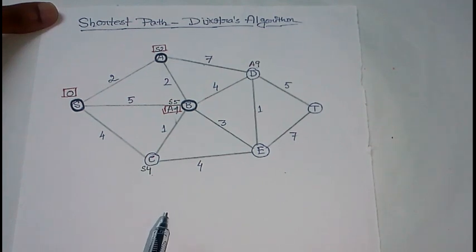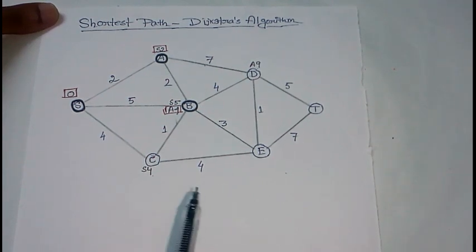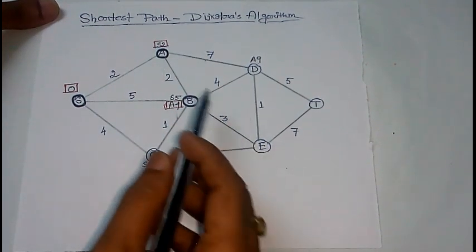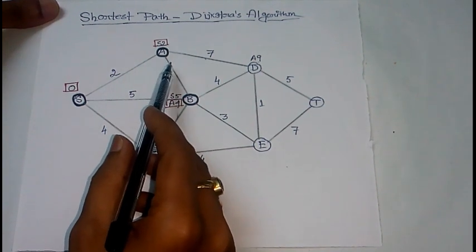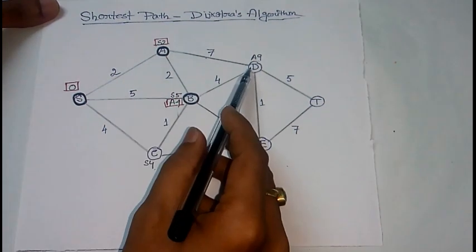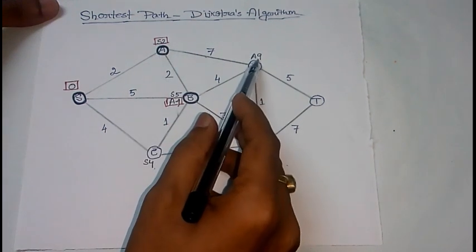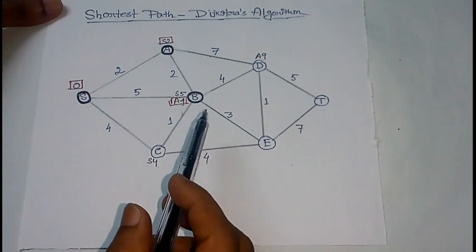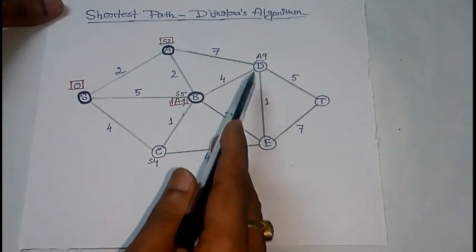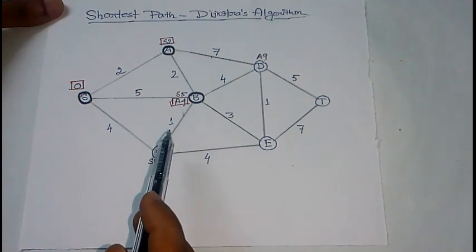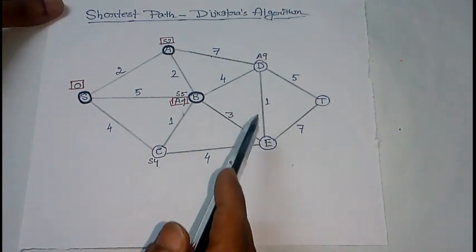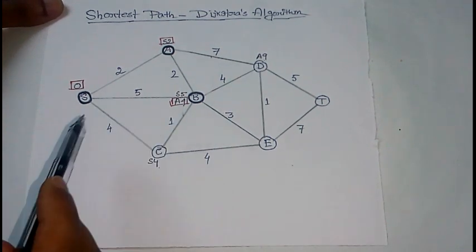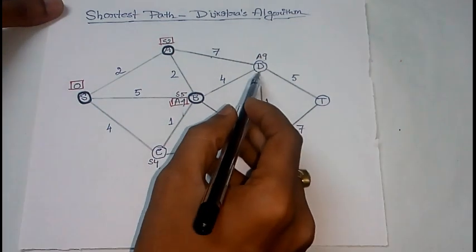Now consider the next step. Here we shall compute the distances of the adjacent vertices of the selected vertices. Starting from the vertex A, there is only one adjacent vertex of A, that is D, and the temporary label A9 is already given. Next, consider the vertex B. There are three vertices which are adjacent to B. These are D, E, C. So we shall give temporary labels to these vertices, which should be the distances of these vertices from S via B. First of all, consider D.